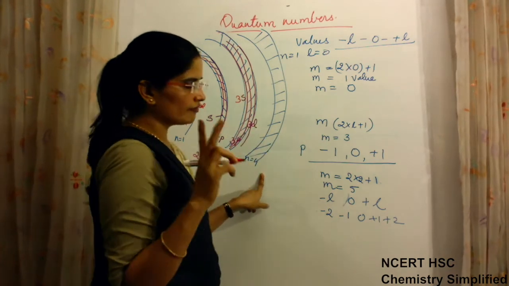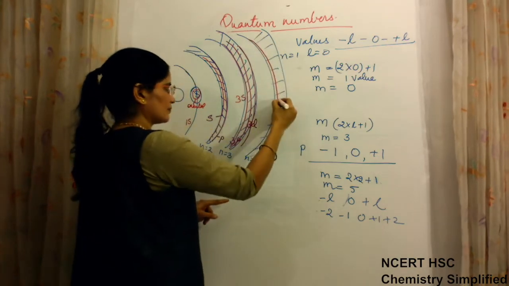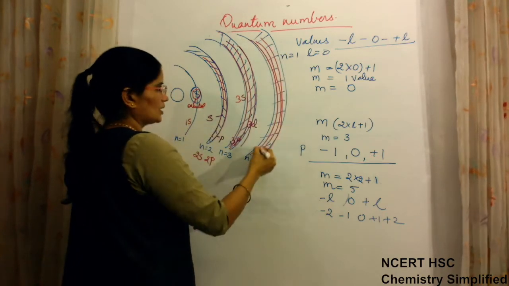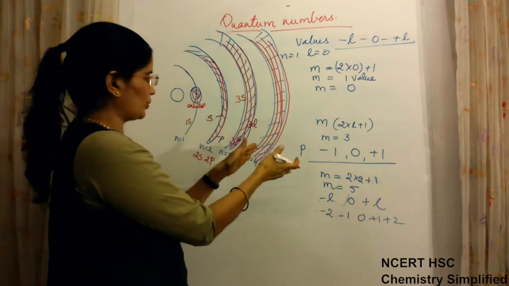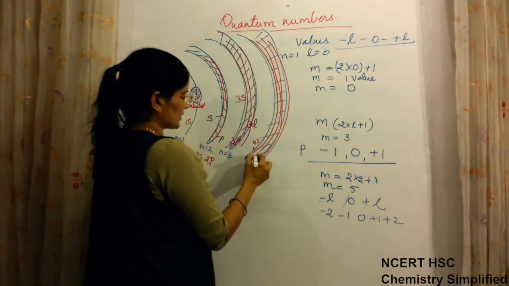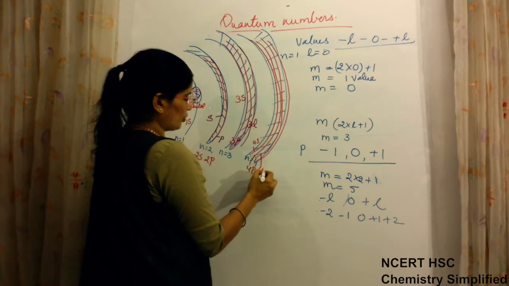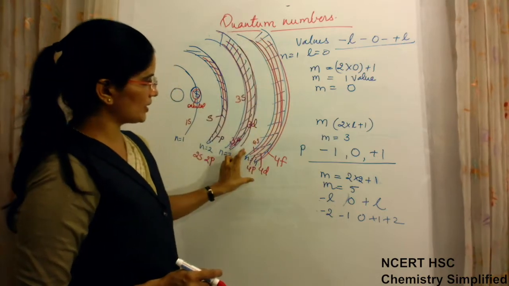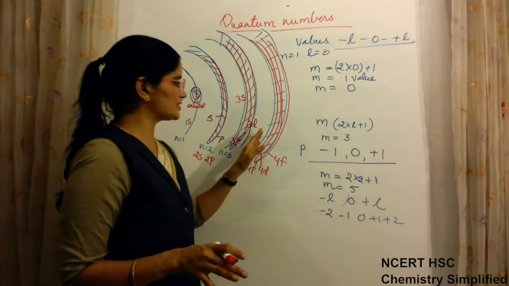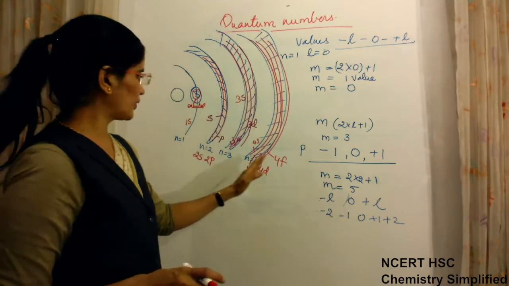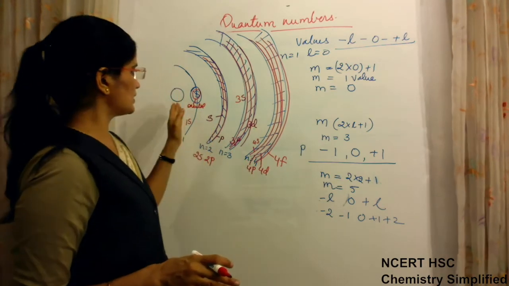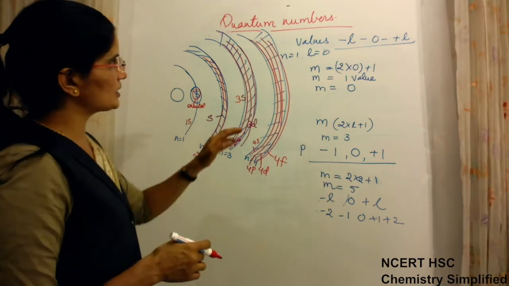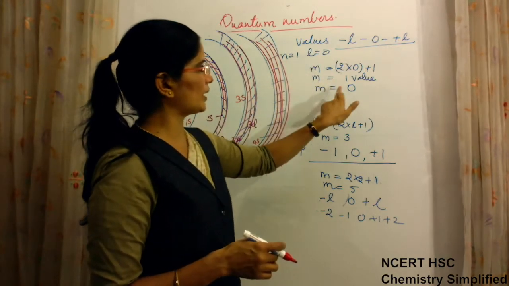N is equal to 4, we'll have 4 subshells. What are those 4 subshells? 1, 2, 3 and 4, inside the shell only. The first one will be 4S, the second one will be 4P, the third one will be 4D, and the fourth one will be 4F. Like this, from outside it appears as one shell, the fourth shell. From inside it is divided into 4S, 4P, 4D and 4F. Same with this, and this is not divided because it has only one. Okay. Now what is there? We had just seen that for n is equal to 1, L is 0 and m is also 0.